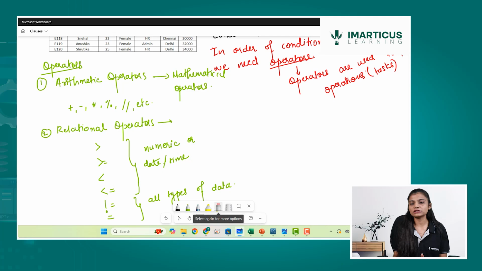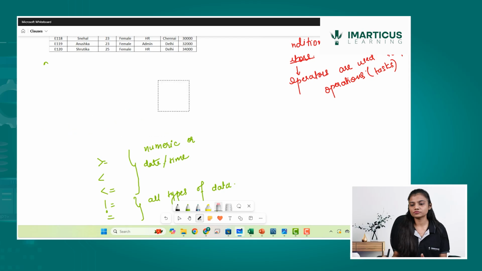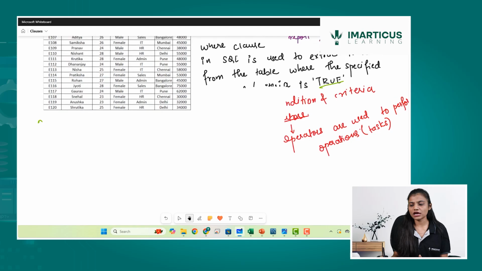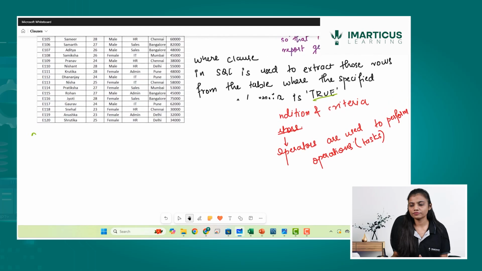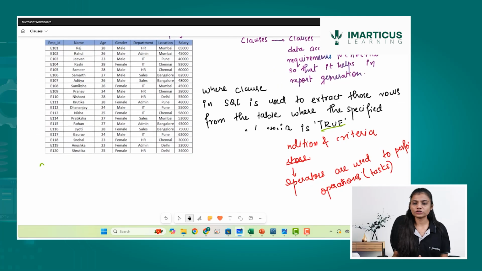So as you have seen, we have arithmetic operators, and we have this operator with the help of a where clause. So what's the question which I have? Let's say I have a question. The first question which I have,